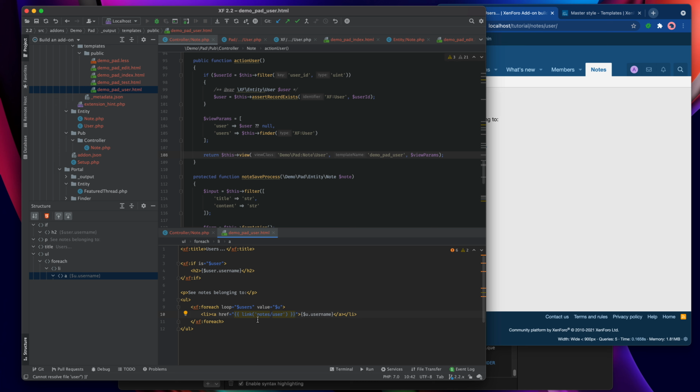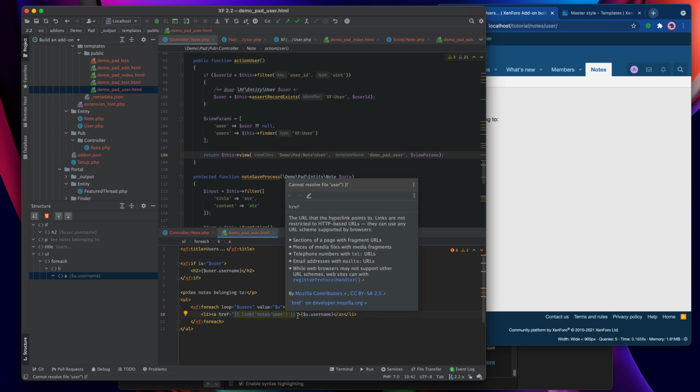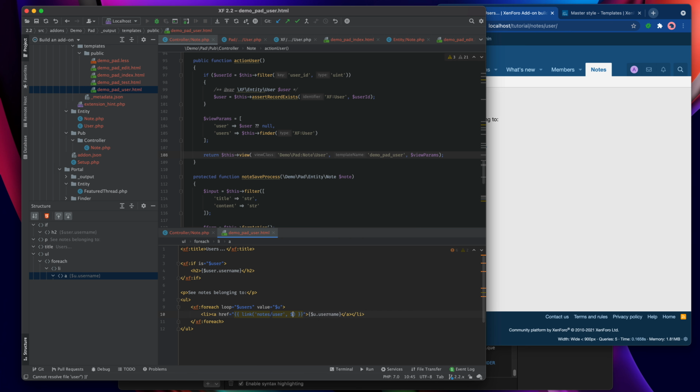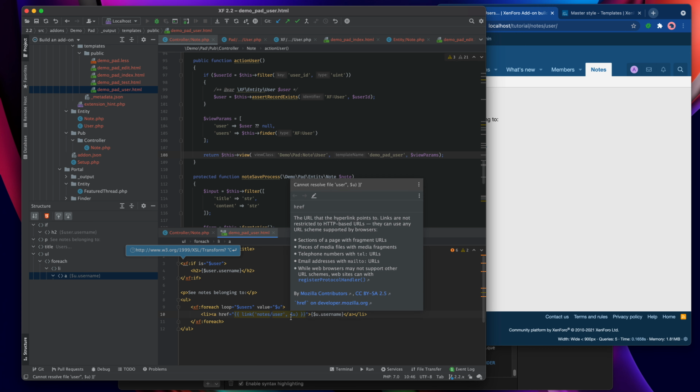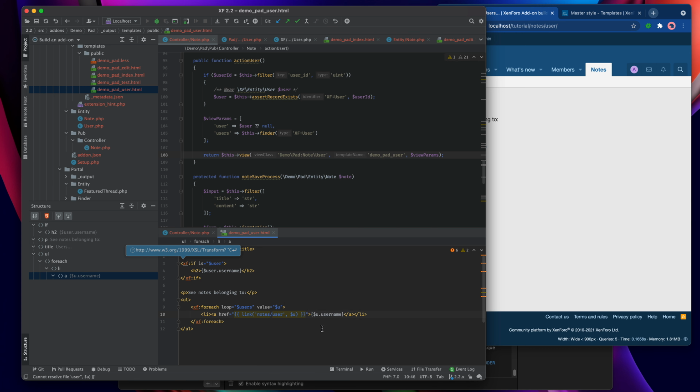But because we're using the notes route, I can't just specify the user here. You might want to be able to do that, or in fact it's you in this instance, but you can't because the notes route is only expecting a note. So if you pass it a user, it won't know what to do with it.